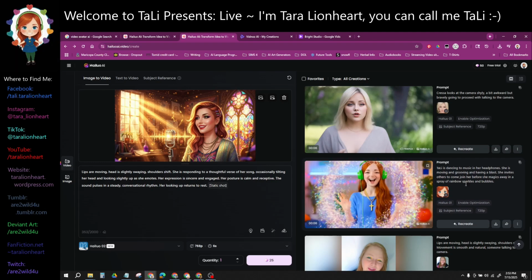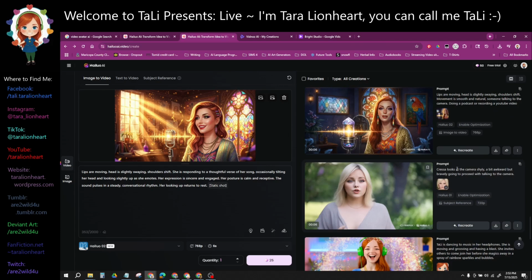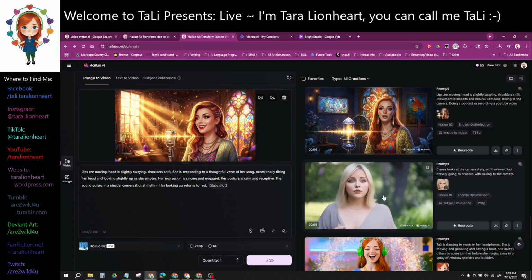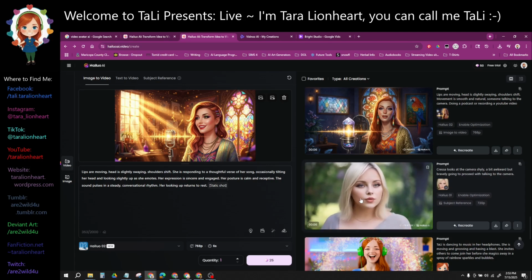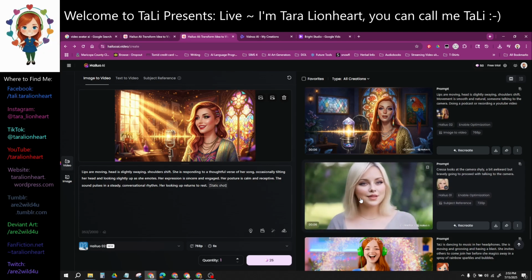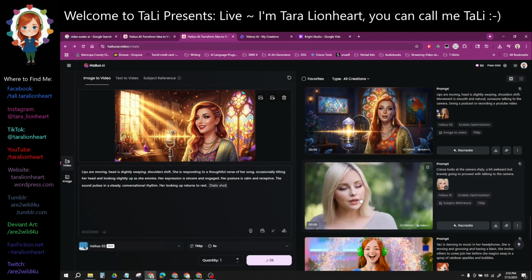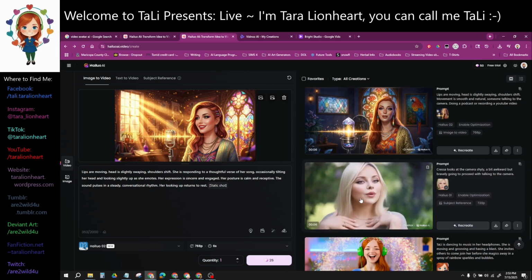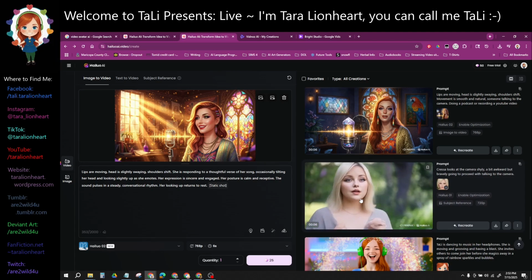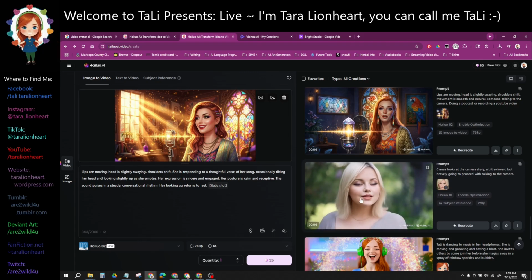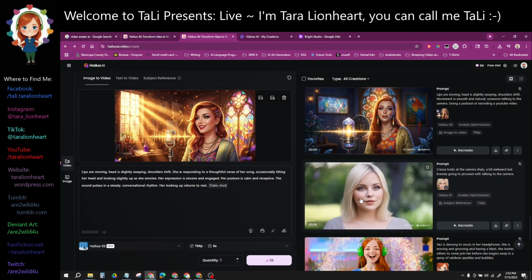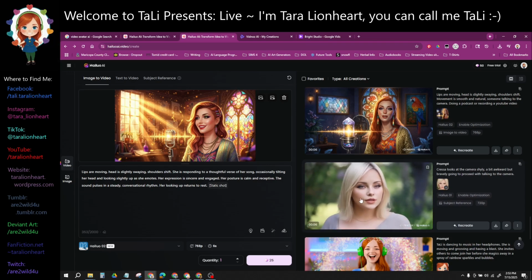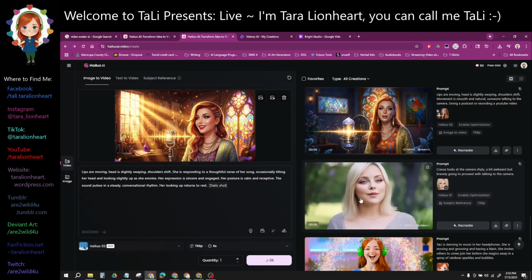That's pretty cool. Then we also have this, a photograph of one of my characters. Her name is Cressa. She looks at the camera shyly, a bit awkward, and then bravely proceeds with talking to the camera. It's interesting. So the picture has a definitive asymmetrical haircut. It's one of the quirks that I taught me all of my AI art skills, as well as the physical art skills using the editing tools.